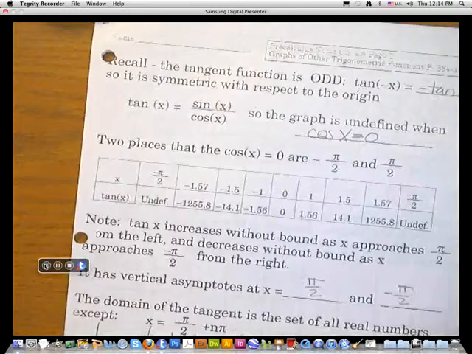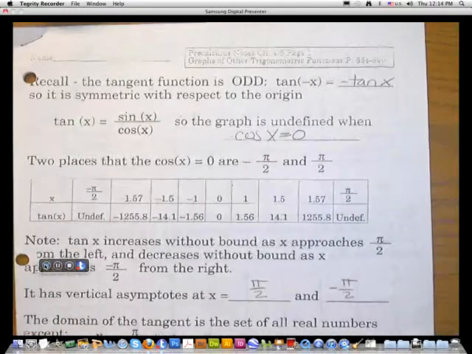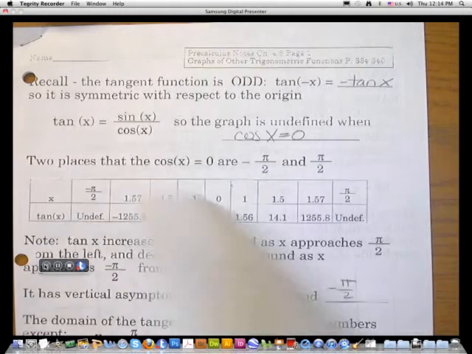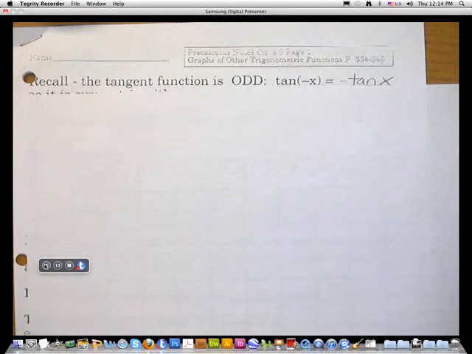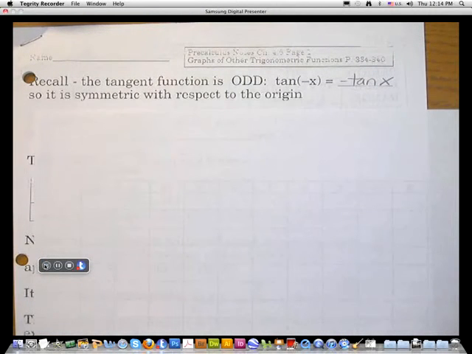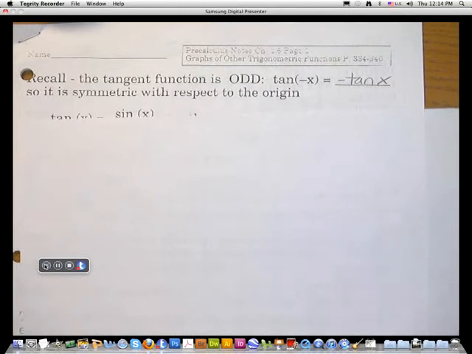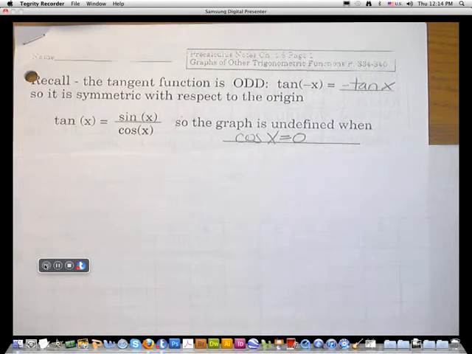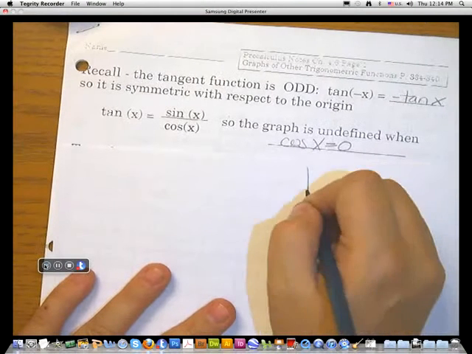Okay, on 4.6. Tangent is an odd function. Therefore, if you put in a negative of it, you get the negative function. So when we look at tangent, sine over cosine, it's going to be undefined where cosine is the value of 0. So when we look at our cosine picture